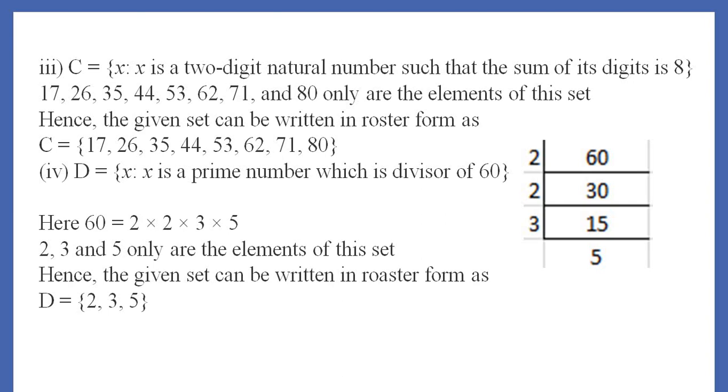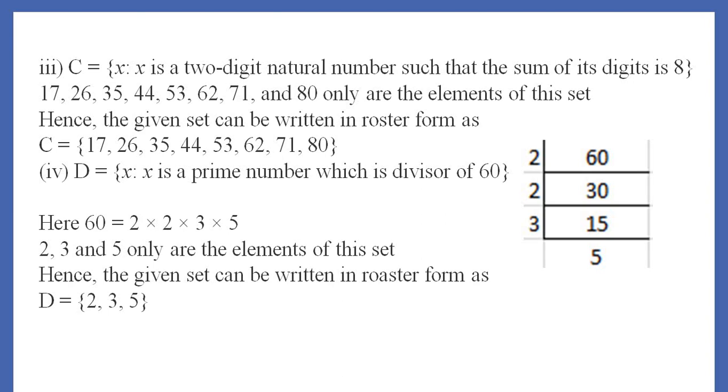Then 30 is divisible by 2. 2 is also a prime number. So 30 by 2 is 15. Now 15 we divide by 3. 3 is a prime number and we get 5. Therefore 2 into 2 into 3 into 5 is equal to 60, and each of the factors is a prime factor. But one thing you observe here, 2 is repeating,